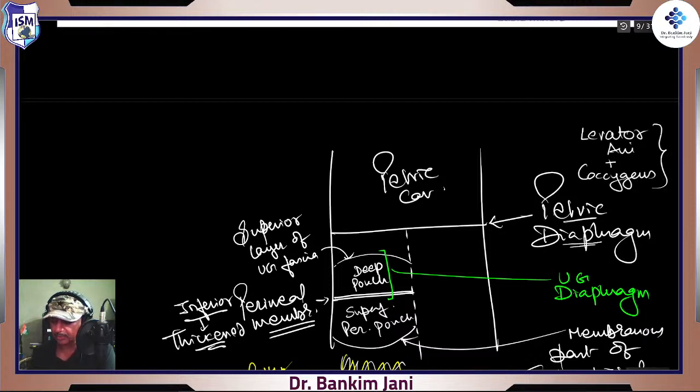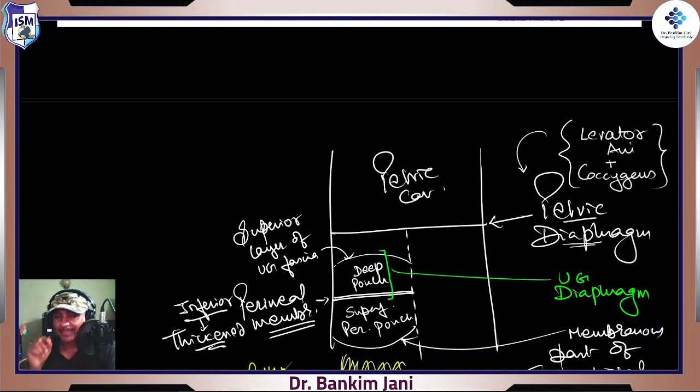There are parts of it, we'll see that at a later stage. But levator ani and coccygeus from both sides combine to form this pelvic diaphragm. What this pelvic diaphragm is doing is differentiating between the pelvic cavity and the